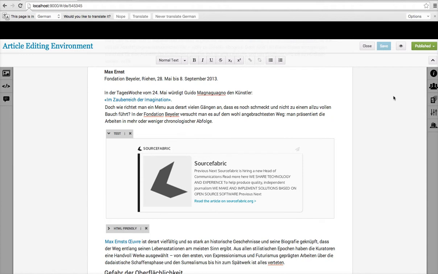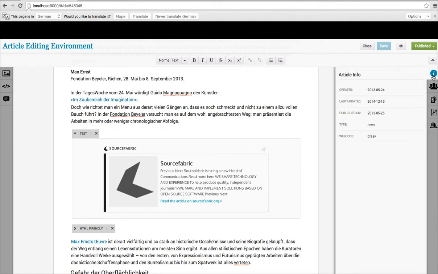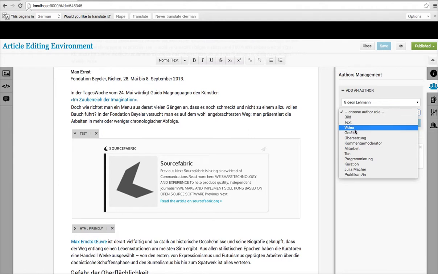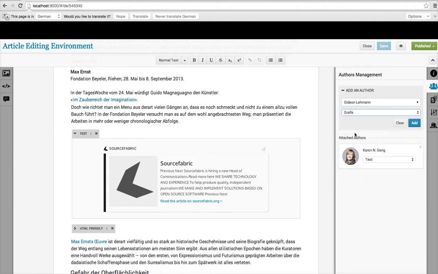Now let's have a look at the right side where we have all the metadata referring to the article. So here we just have the article info. Of course, you have to manage authors for this article, so there's one added now. Let us add one more. There's a nice search in there. I pick myself as an author. Now it's a live search, it's showing up. I can choose an author role, so I'm the one who is doing the graphics, let's say, and I can now add it to the list of authors, and it should appear here,